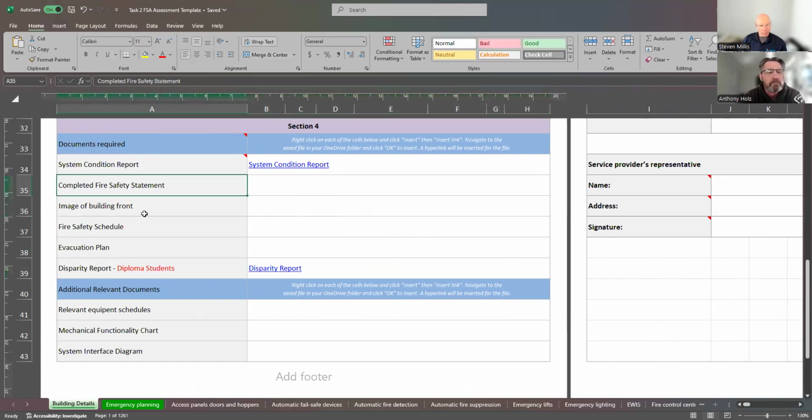So Tony, the AFSS. What do we need there? We need a completed AFSS by you, the student. So you can supply one that you've actually completed and submitted for this building. If you weren't the one that endorsed that measure for that building,